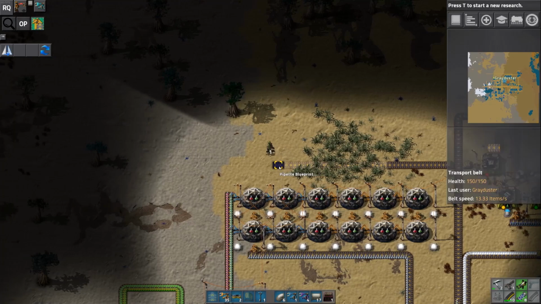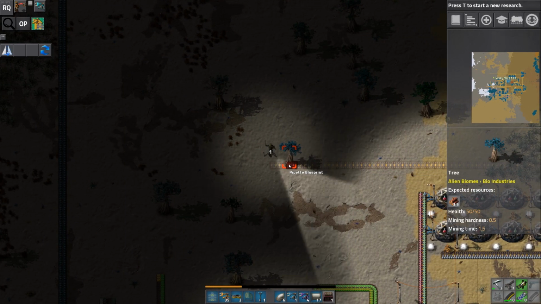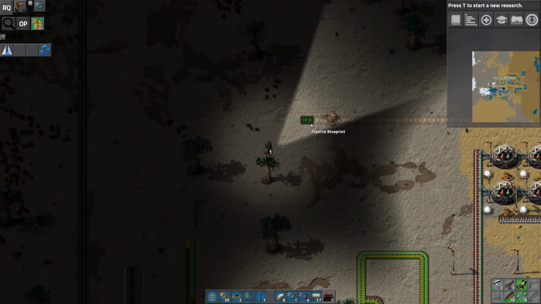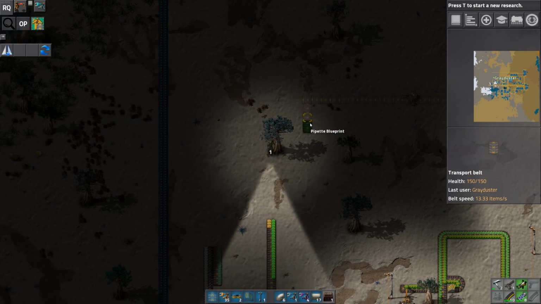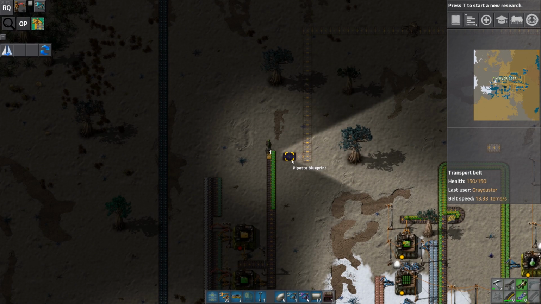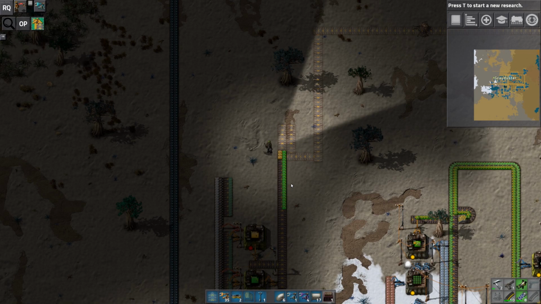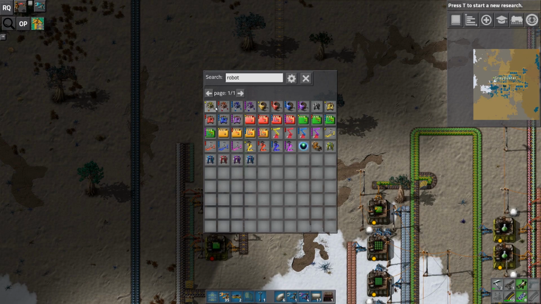I'm out of belt, but you get the idea. We can bring it all the way this way. And then we can bring it right next to the other setup we have going this way. Something like that. And then the last thing we need is the last component for the robot,